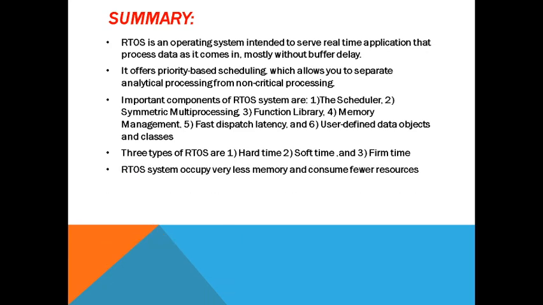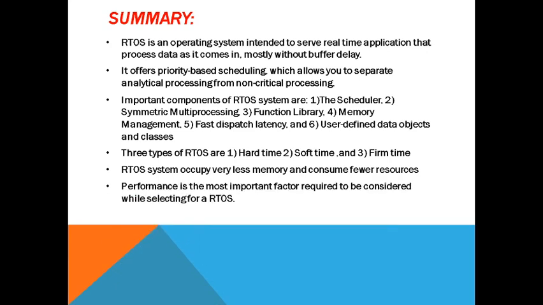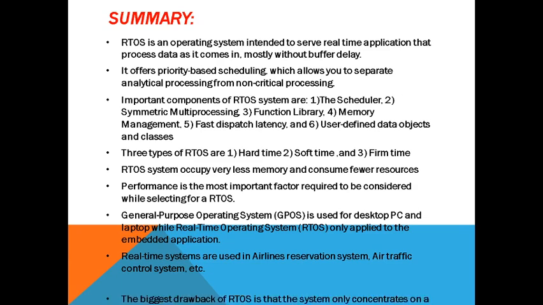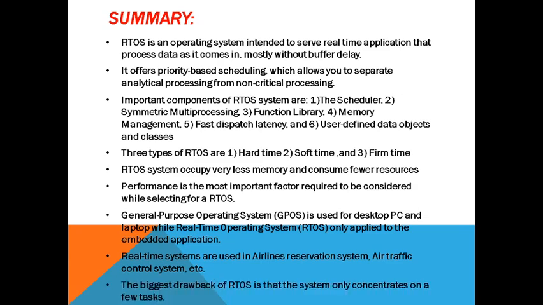RTOS systems occupy very little memory and consume fewer resources. Performance is the most important factor to be considered while selecting an RTOS. A general purpose OS is used for desktop PCs and laptops, while RTOS is only applied to embedded applications. RTOS are used in airline reservation systems and air traffic control systems. The biggest drawback of RTOS is that the system only concentrates on a few tasks, but there are several advantages